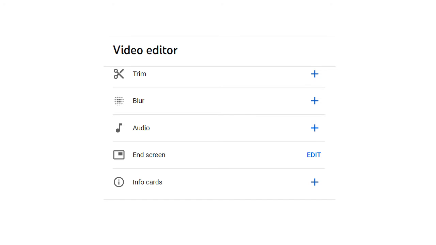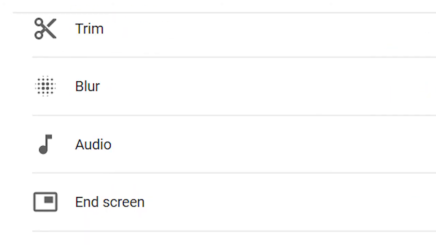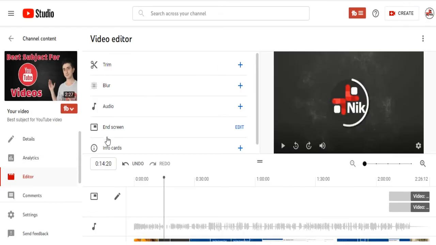And an interesting part is audio. Imagine that you forgot to add audio. For example, you forgot to add music to your video. You can add the music from here. Click on the audio to add music to your video. The website name is